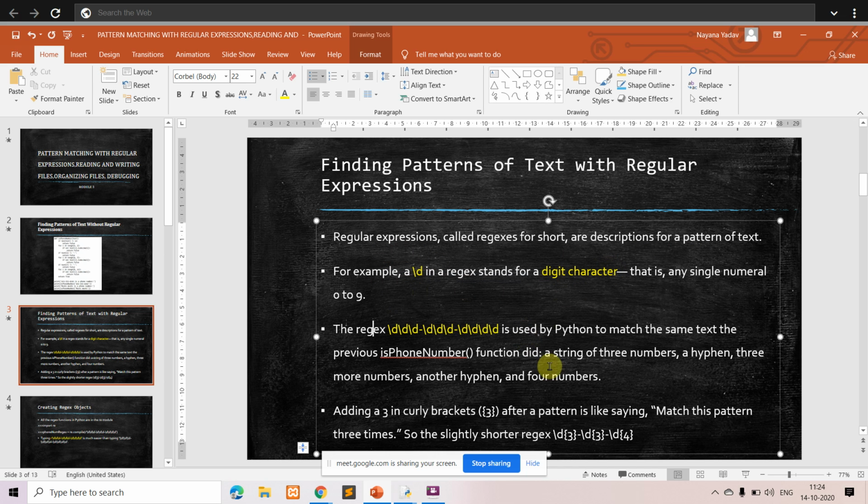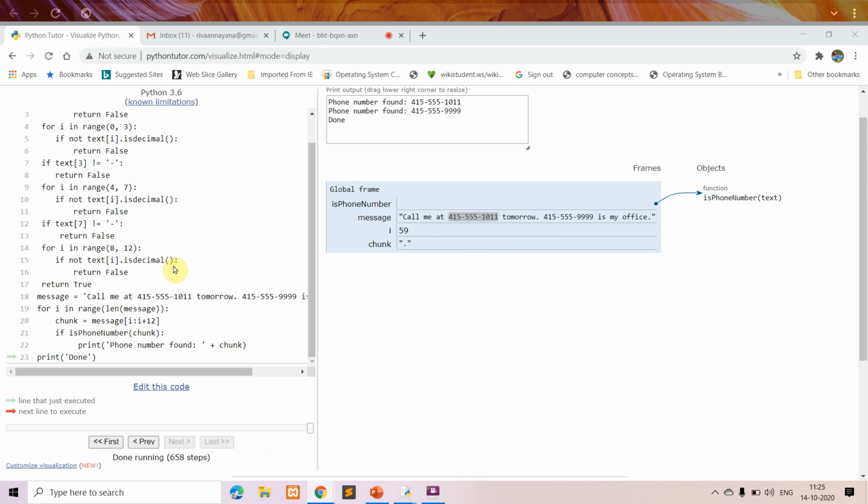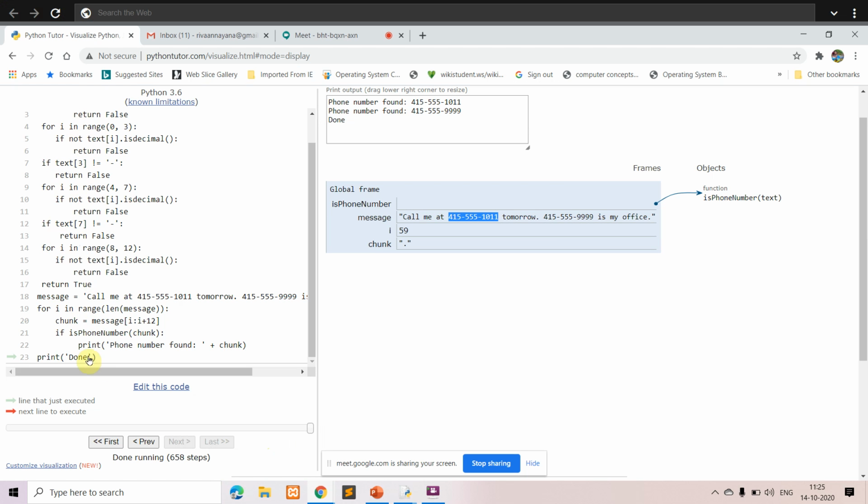Now what is our problem here? We want to search a pattern. What kind of pattern? A phone number which will be having 3 digit followed by hyphen, again 3 digit followed by hyphen, and then you have 4 digits. So how you can represent that using regular expression? So that is what we are going to see here. So we are going to see how that entire program which we saw previously, this lengthy program, how you can reduce this particular program by using regular expression. Okay, so we'll just see it.